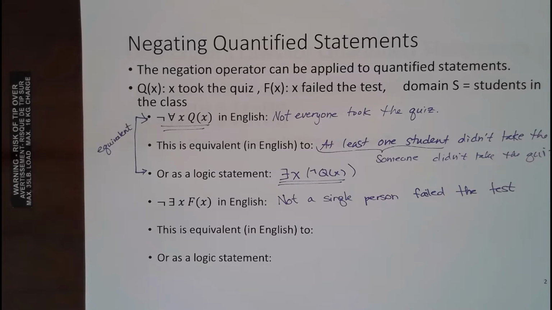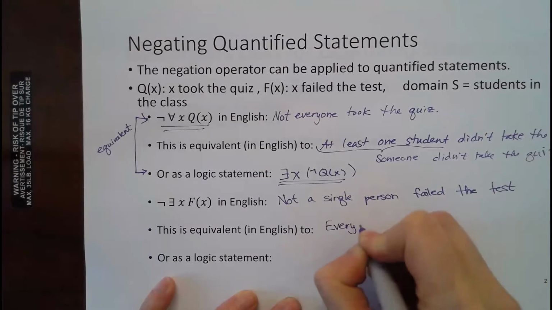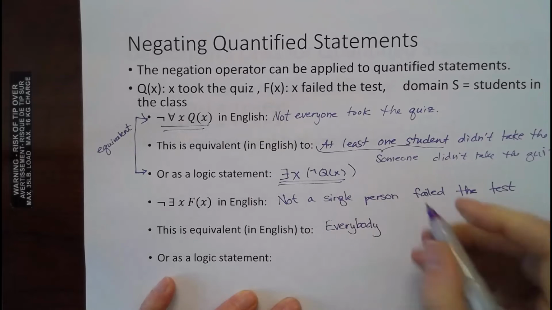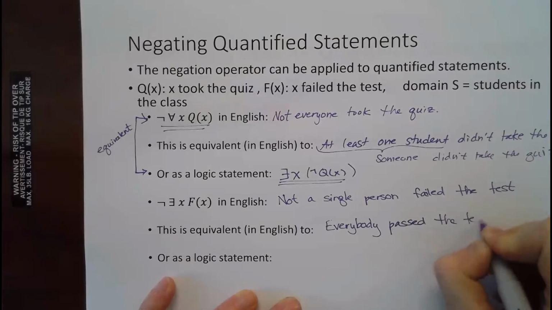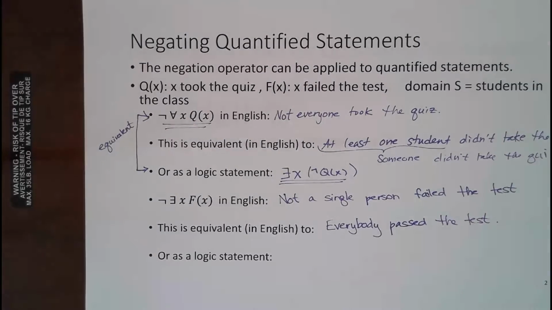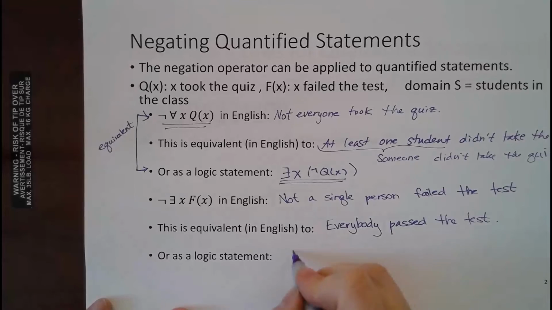Okay, and then Austin, what were you going to say? This is much easier to understand if I say what? Everybody. Let's put it with everybody. Everybody passed the test. That's much easier for us to understand, and hopefully that will always happen, right? Okay, and so if we have to write that as a logical statement, everybody, that's for all x, and